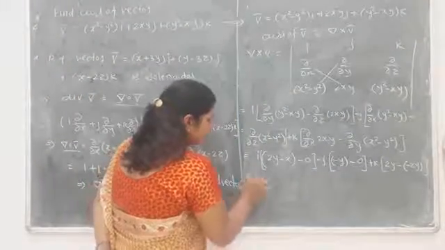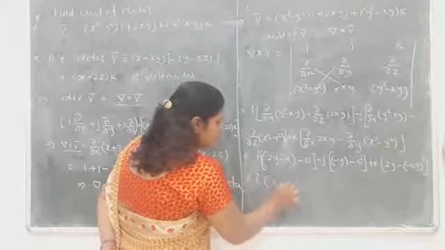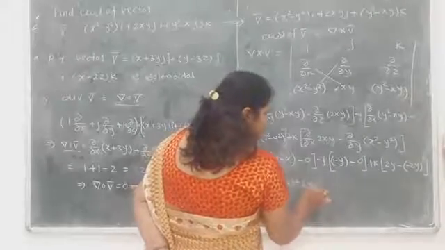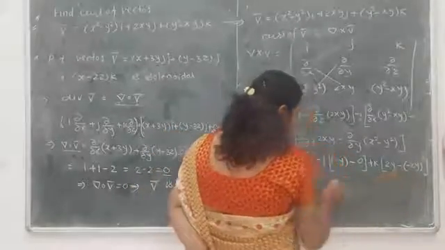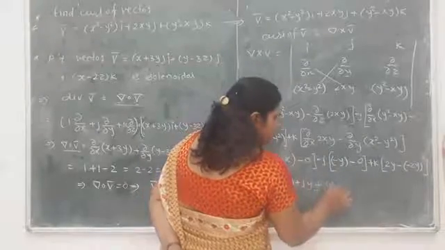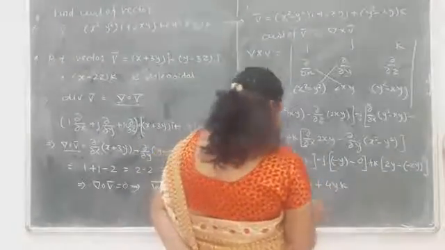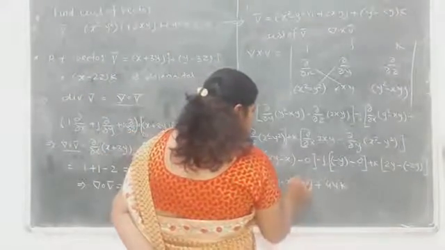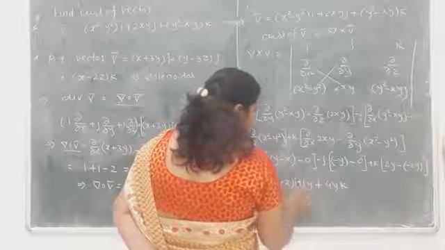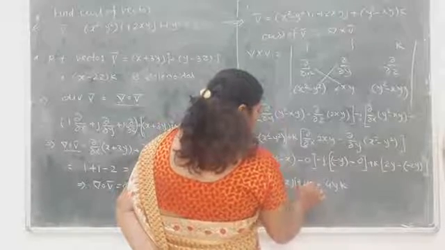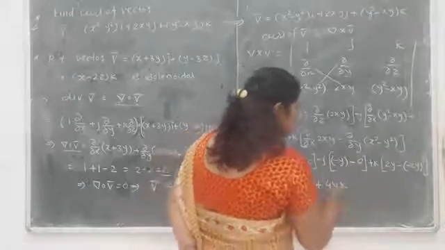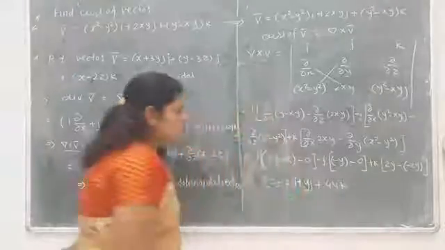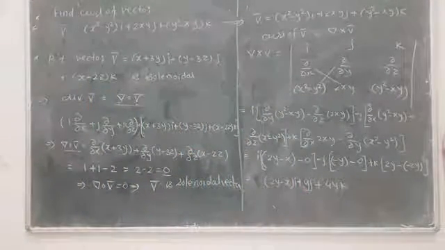Finally you can write i into in bracket 2y minus x, then minus minus becomes plus j into y, and last, here is a minus minus, it becomes a plus, so it becomes plus 4y into k. As it is a vector, so (2y minus x) i plus y j. Properly we write first that term and then the vector, 2y minus minus plus, that is 4y into k. So in this way we write the value of that vector.